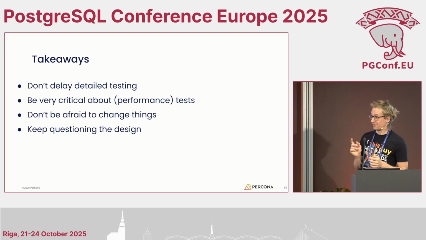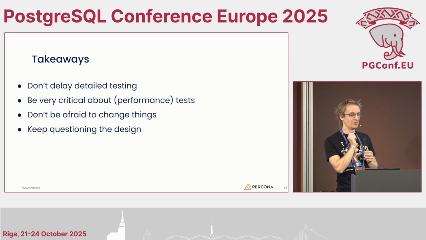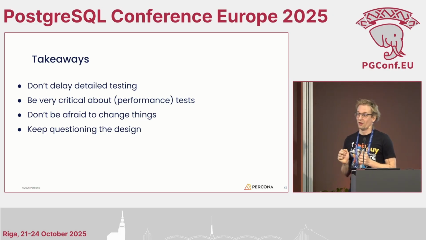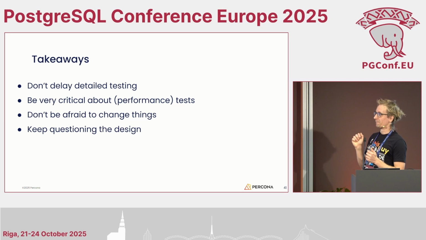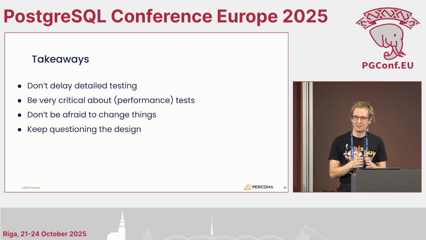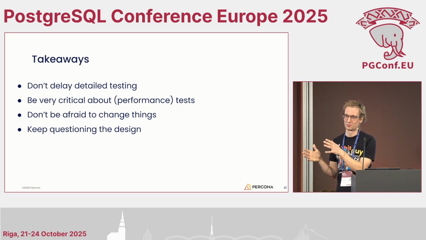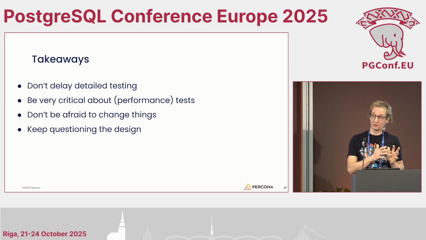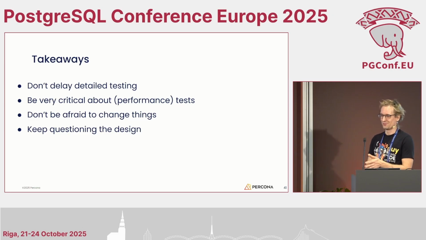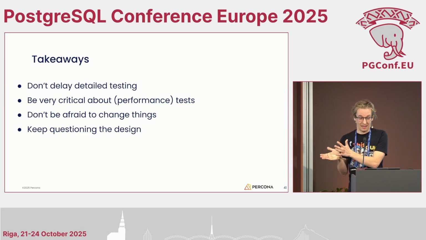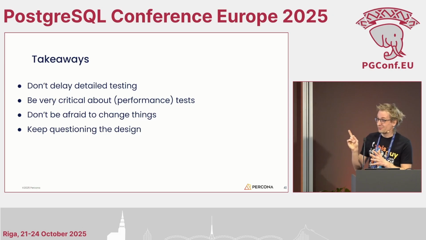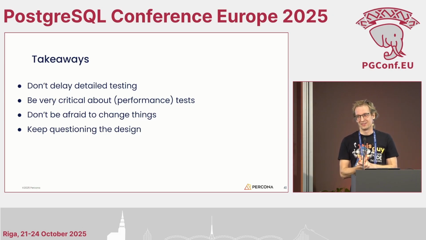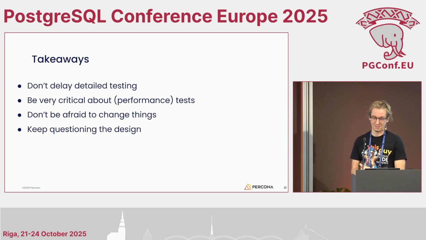And the other takeaway is that you shouldn't be afraid to change things. Many of our current issues are all related to the fact that we decided to keep code from our first prototype. It wasn't a perfect fit for our second prototype, but it was already there, it was easy to use, and we were able to get our second prototype working quicker thanks to it. But in the long run, we are quite sure that these weren't the best decisions we made. So we will have to do additional work around refactoring them and making them better.